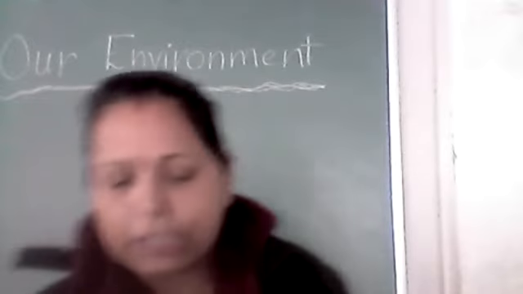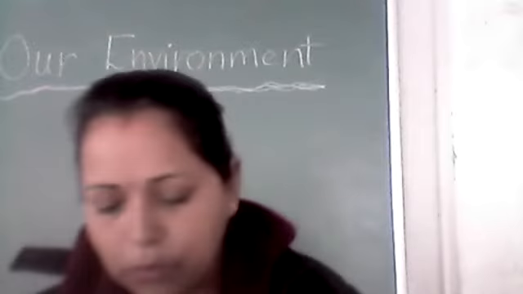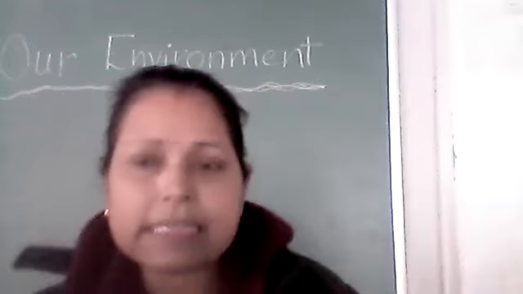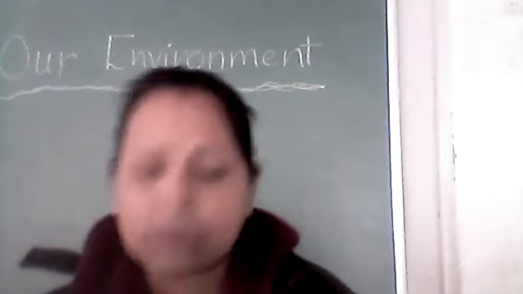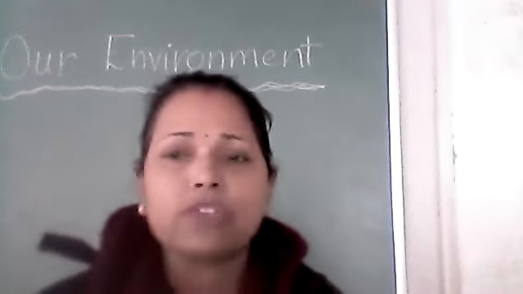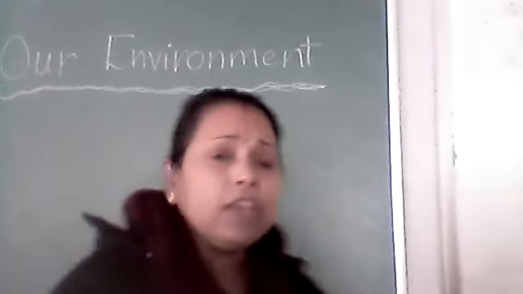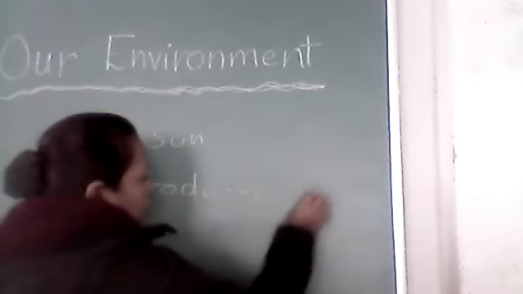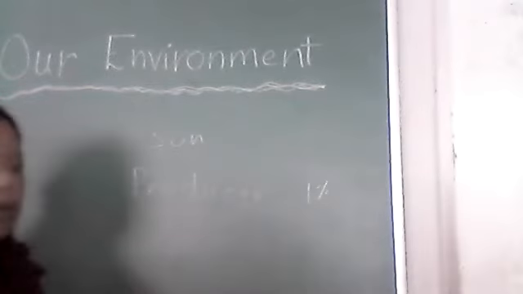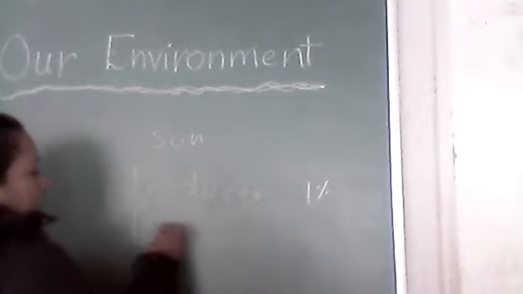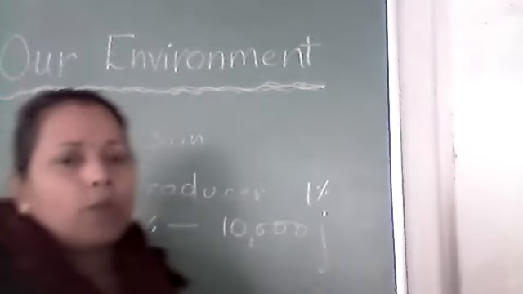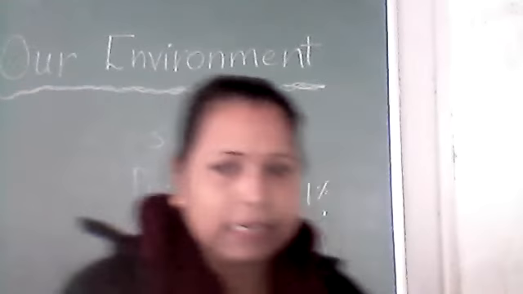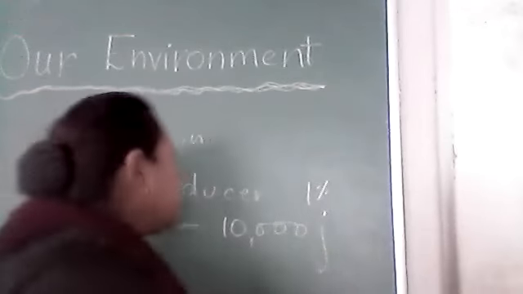See, in a community, when we are talking about energy transfer, what we are saying is that green plants absorb only 1% of solar energy. The ultimate source of energy is the sun. And producers take only 1%, only 1%. Here I am indicating. Now let us consider this 1% as 10,000 joule. If we consider this 1% as 10,000 joule, okay, then when this energy is passing